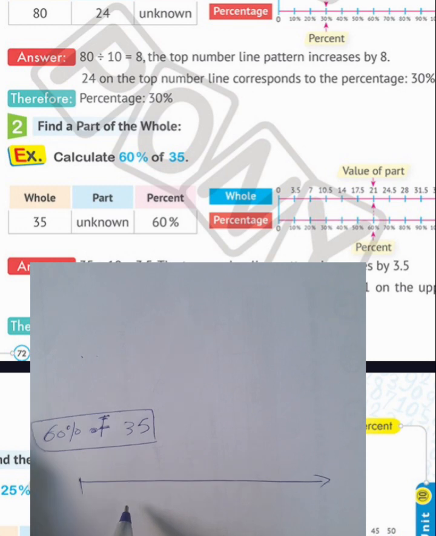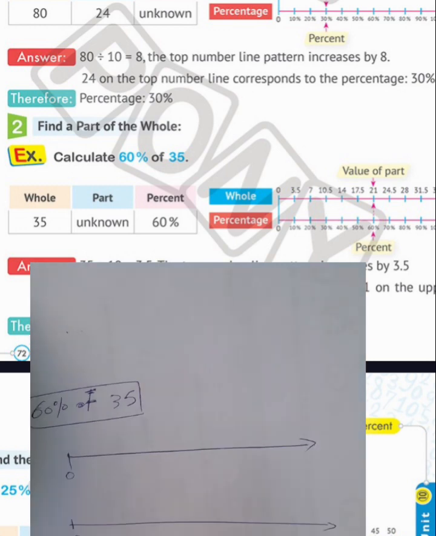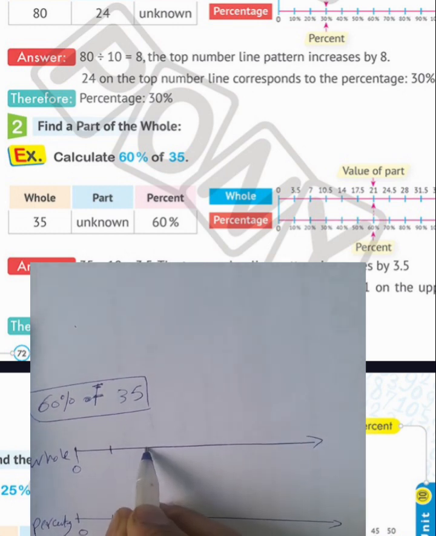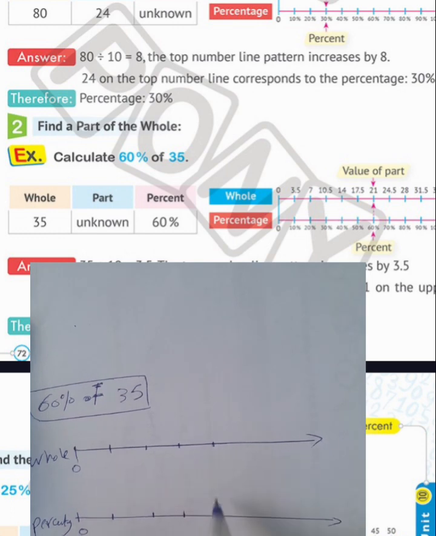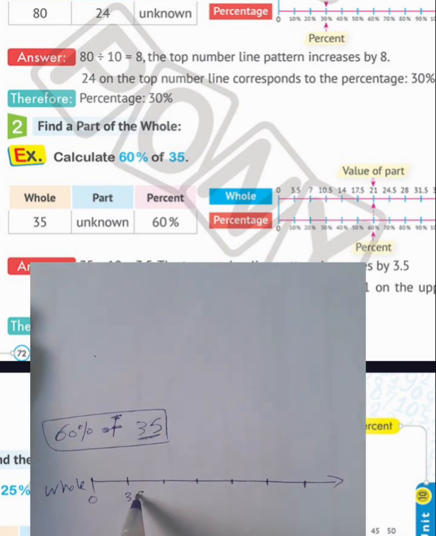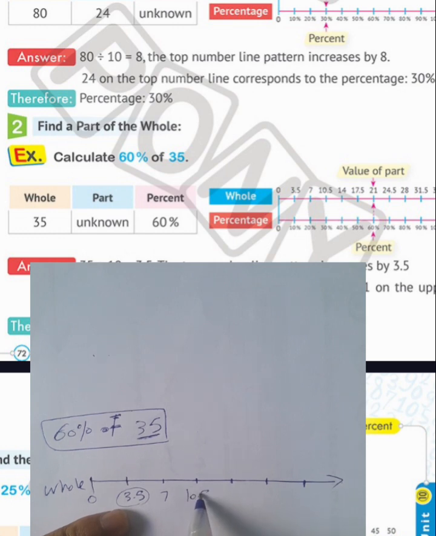Okay, beginning 0 and 0, and this number line refers to the whole number, and here the percentage. And 35 divided by 10 will be 3.5. Right here, 3.5 plus itself will be 7, plus 3.5 will be 10.5, plus 3.5 will be 14, plus 3.5 is 17.5, plus 3.5 will be 21,